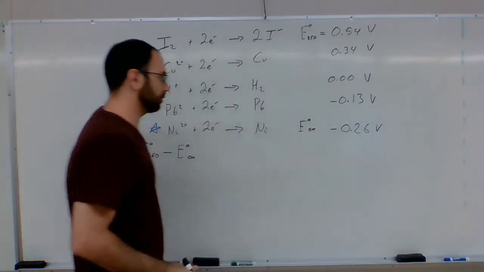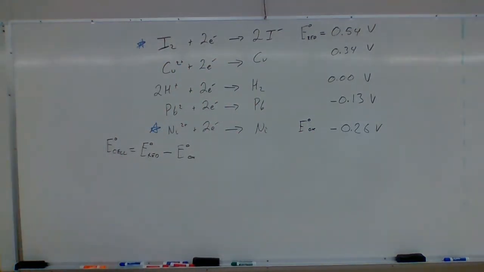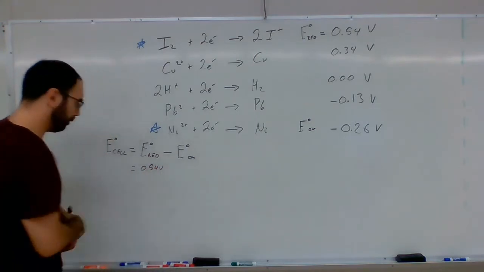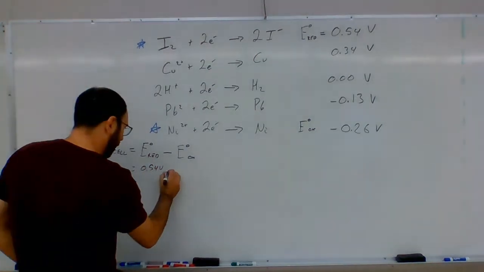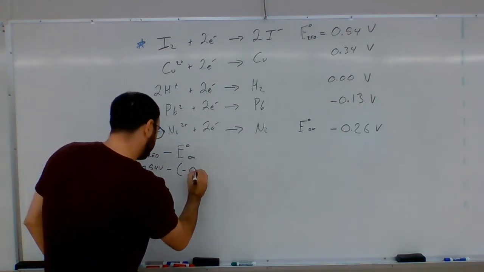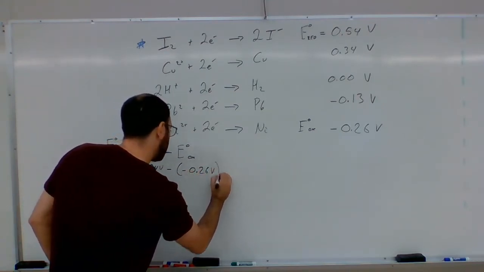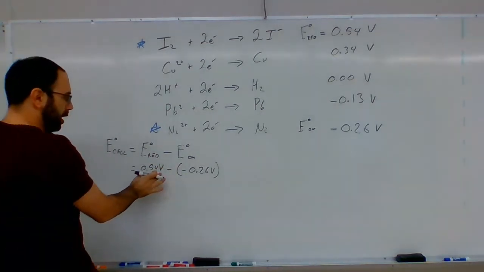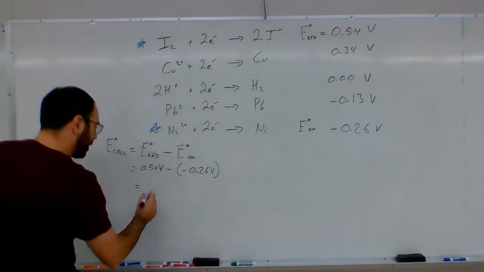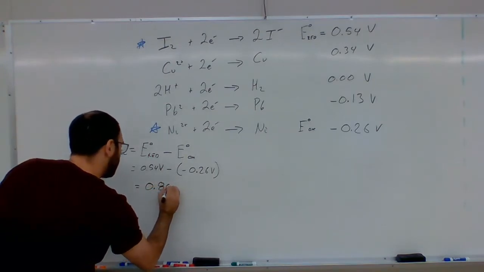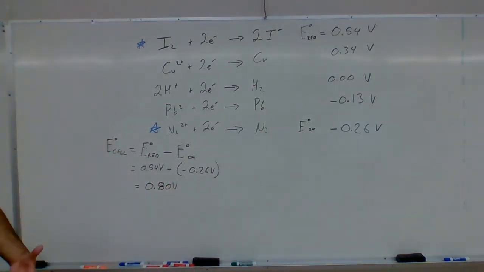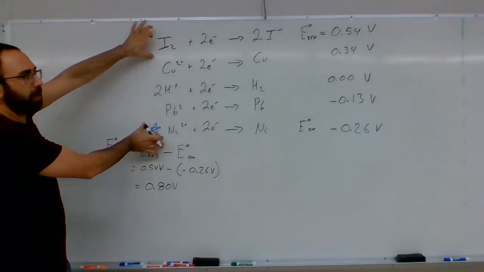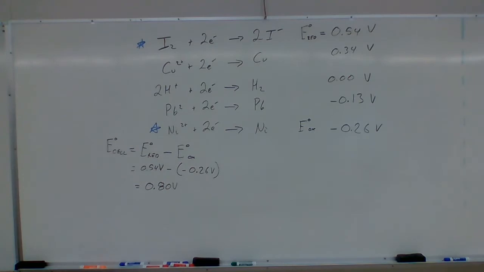So for my E0 for my cell then is going to equal this 0.54 volts minus the negative 0.26 volts. And this gives us a grand total then of 0.54 minus the negative, or plus that, so we get 0.80 volts as the potential from an electrochemical cell made of these two compounds and these two half cells. Okay. Another way we can look at this